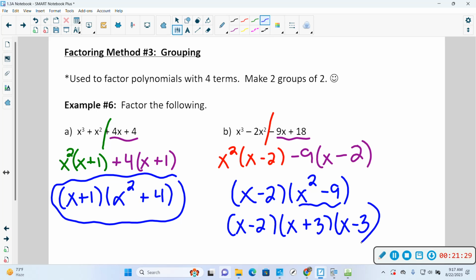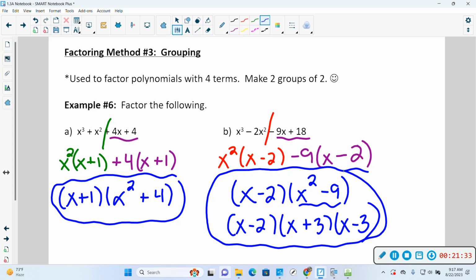I'm going to circle both. I'll take either for today. But tomorrow, once I show you, of course, the perfect squares, I would expect you to factor it all the way down to the very last step here, okay? But for today, I'll take either. So any questions on grouping? Man, too easy today. Okay,